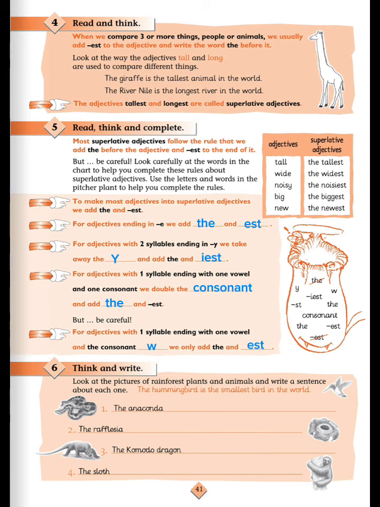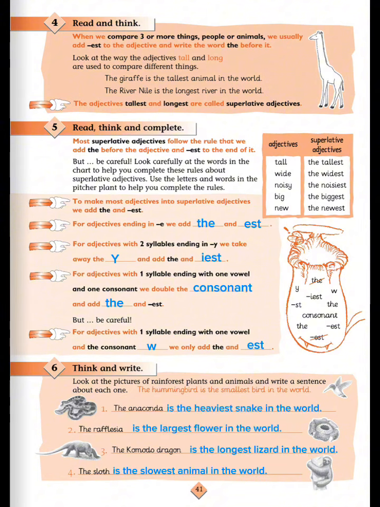Exercise number 6. Think and write. Look at the pictures of rainforests, planets, and animals and write a sentence about each one. Let's read the example. The hummingbird is the smallest bird in the world. Number 1. The anaconda is the heaviest snake in the world. Number 2. The